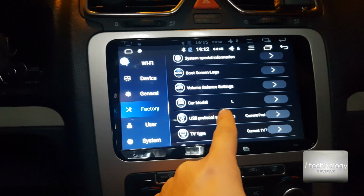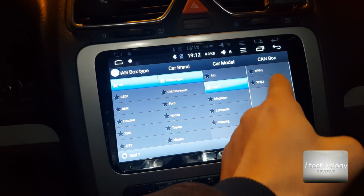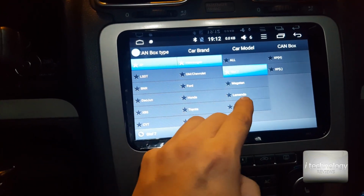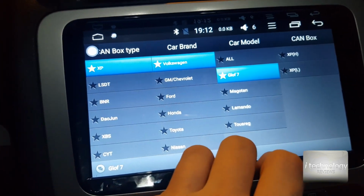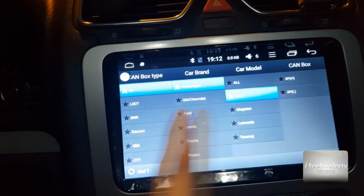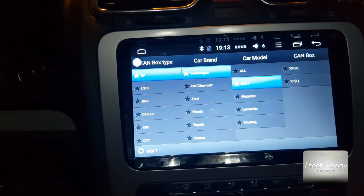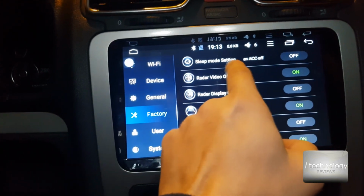let's see, car model. For example, now I put the Golf 7 and I inserted the XP high. The Canbus is not important. If you'll not find your car, like I'm not finding mine here, go and make these settings, put whatever you want, give it apply, the navigation will reboot, and then go at all. If with the all option the steering wheel worked and the navigation gives you some information on the Maxi-Dot, put the all back. Now when you put all back, the navigation will reboot, and then go and turn off